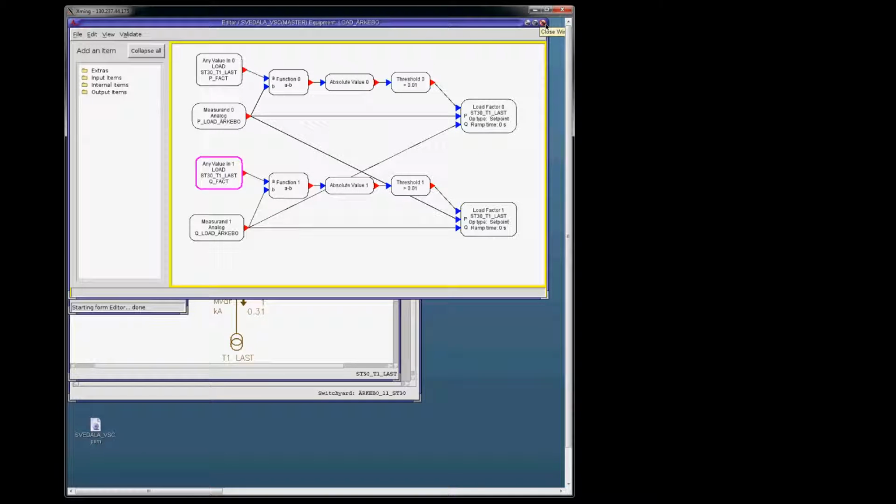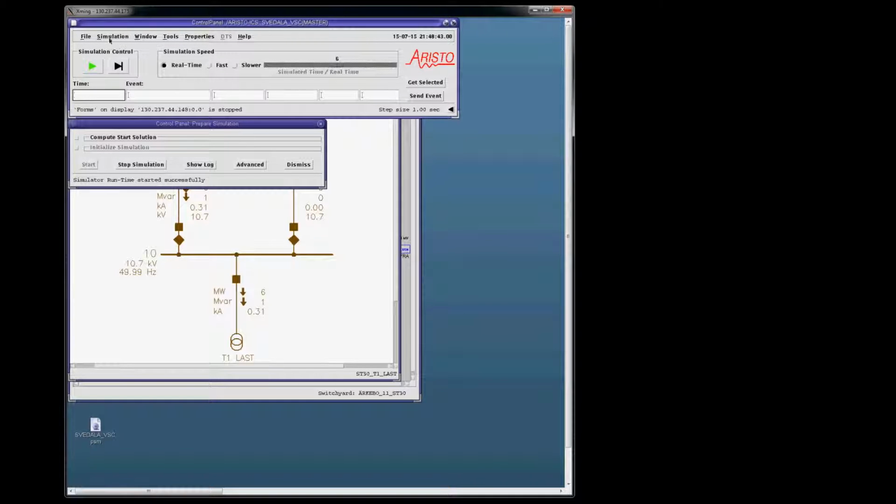So now we are going to close the automatic editor. Yes, we want to save the changes. Close the forms window, and now we are going to first stop the simulation, and then start the simulation again. Now we should be able to control the load factor of this load in Arkebu through the OPC client. Simulation is running. We start the OPC server. OPC server is running,